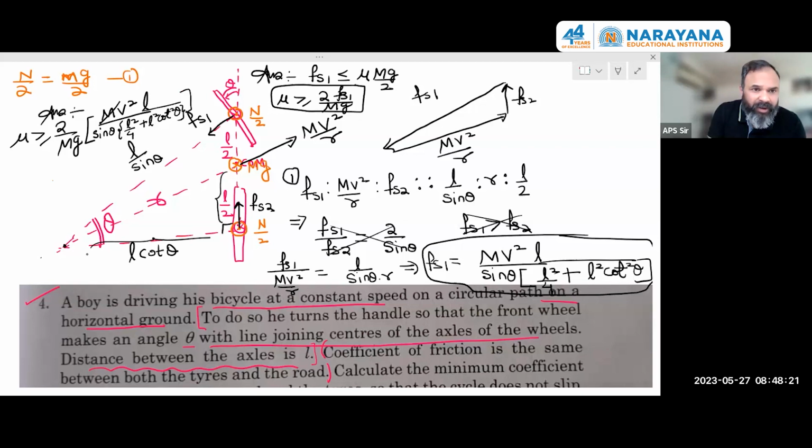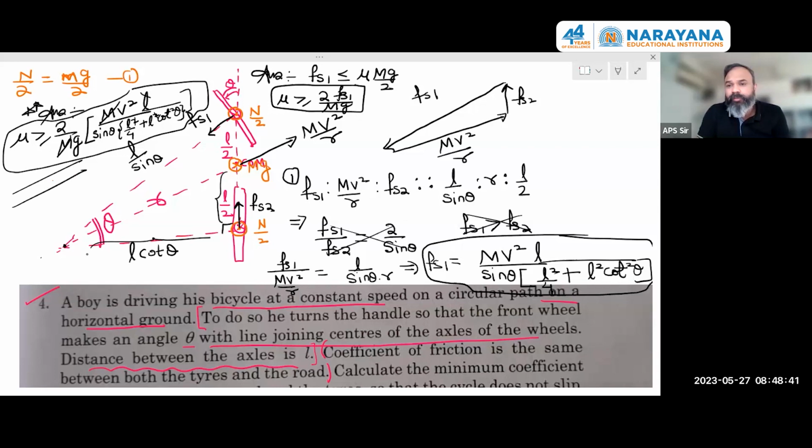So this m is taken care of, and 1 power of L will also go. Just arrange this properly and that will be your answer. So it is finally 2v square L upon g sine theta in bracket L by 4 plus L cot square theta. That is the minimum value of mu that we should ensure